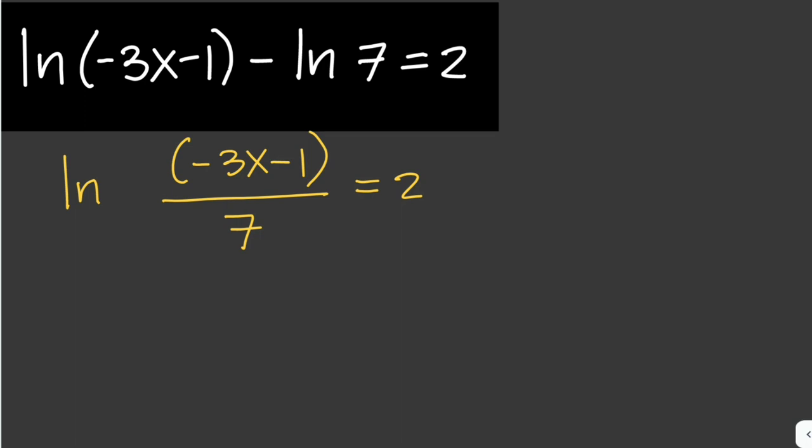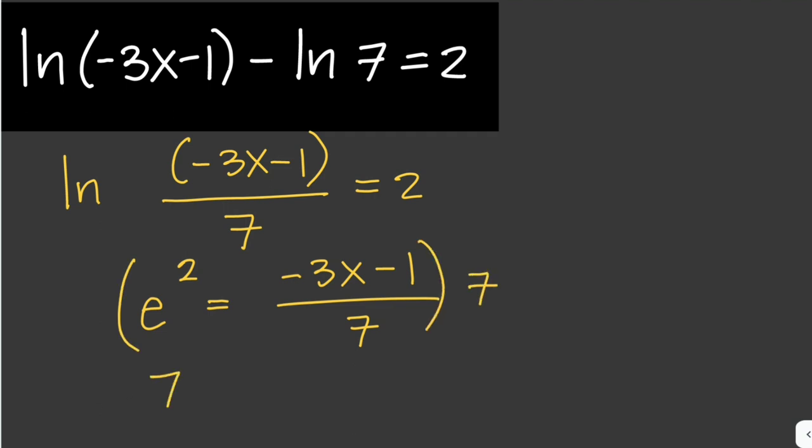And now we can write this one in its exponential form. So when it is a natural logarithm, its base is e, which is Euler's number. So we can write this as e squared equals -3x minus 1 over 7, and then we multiply both sides by 7, so we have 7e squared equals